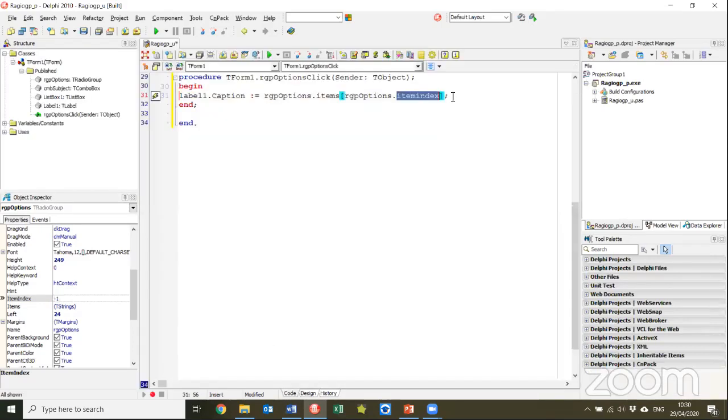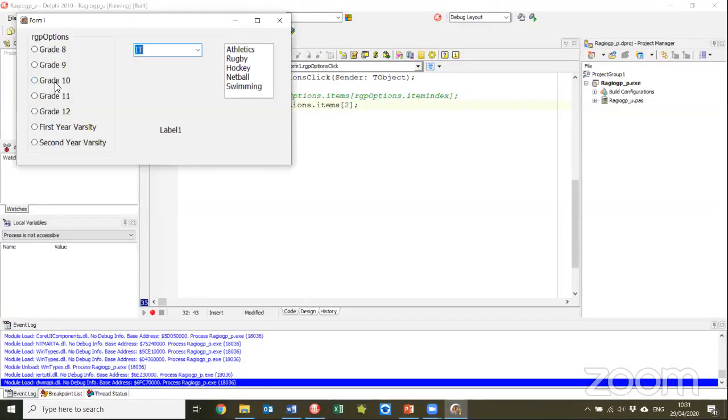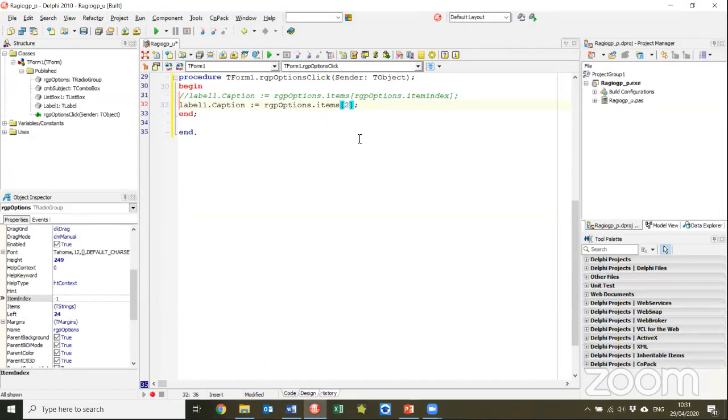Let's quickly see if I can explain it. If I did this, and instead of using the item index property, I just typed 2 in here, and I run the program, then no matter where I click on this radio group, if I select grade 8, it's going to say grade 10 because it's saying display the text next to item index number 2, which is grade 10. So it doesn't matter which of these I select, even if I got the right one, it's always going to show grade 10 because the code that I put in here is show the text